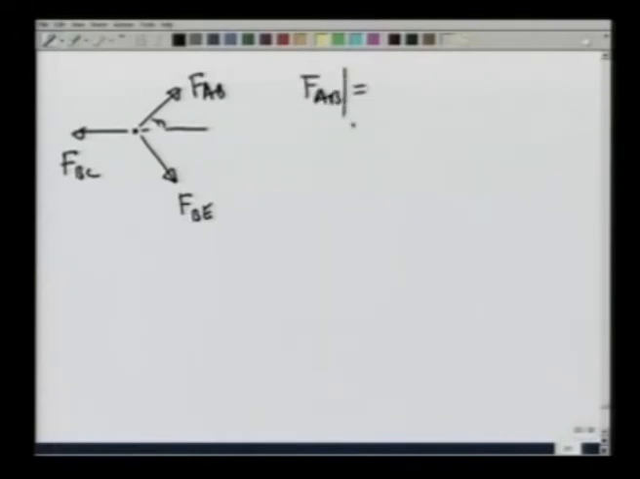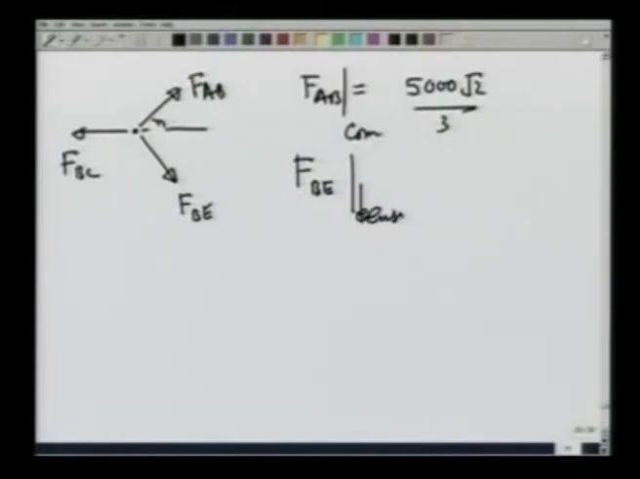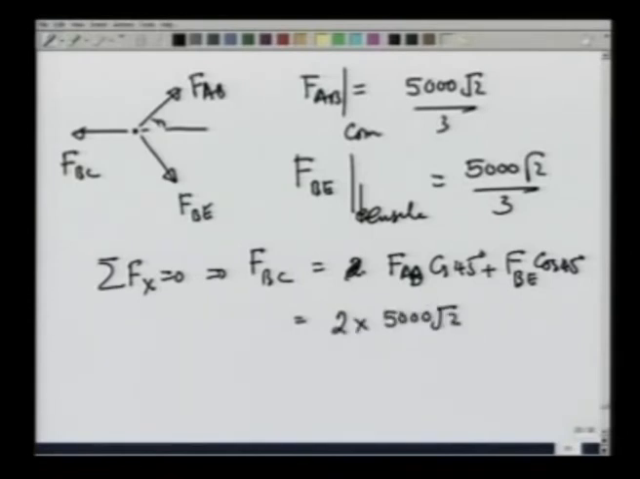FAB is pushing the pin out, so this is compressive, is 5000 root 2 over 3. FBE we have just determined, but FBE pulls the pin in, and therefore, by Newton's third law, pin pulls it out. This is tensile, but its magnitude is 5000 root 2 over 3, and FBC from summation Fx equal to 0 would come out to be 2 times the x component of FAB, or FBE is the same thing. So, I can write this as actually FAB cosine 45 plus FBE cosine of 45, which comes out to be 2 times 5000 root 2 over 3 times 1 over root 2, which comes out to be